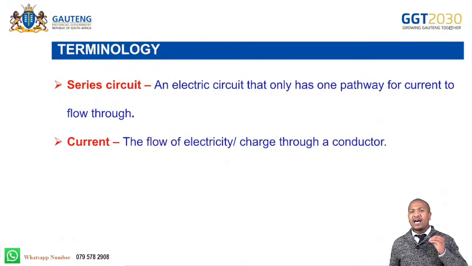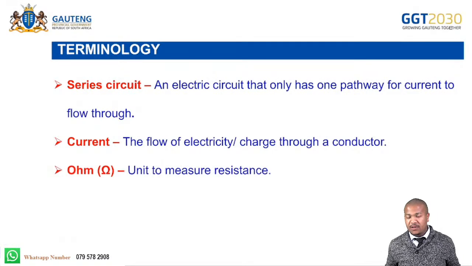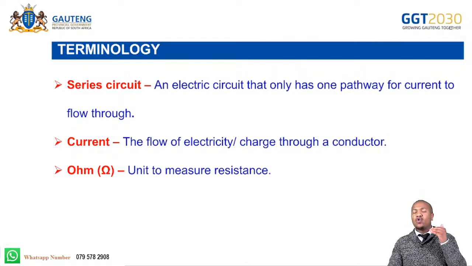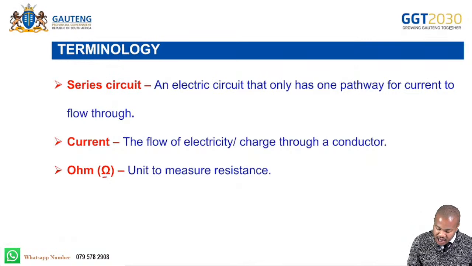Then we have current. And current is the flow of electricity or flow of charge through a conductor in a circuit. It is the flow of electricity or flow of charge through a conductor. That is what current is. Then we have ohm. An ohm is the unit of measurement for resistance. It is the unit used to measure resistance. And it has such a symbol,